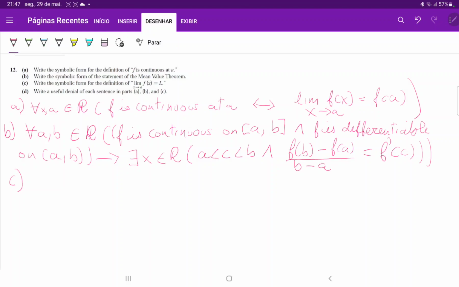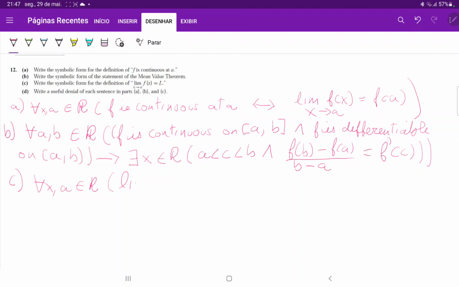So once more, we're not using the super rigorous epsilon delta definition. We're just using that the limit at A of f of x, right? The limit as x approaches A is equal to L if and only if the left and right-handed limits at A are also equal to L. So here we're going to say for all x and A belonging to the real numbers,